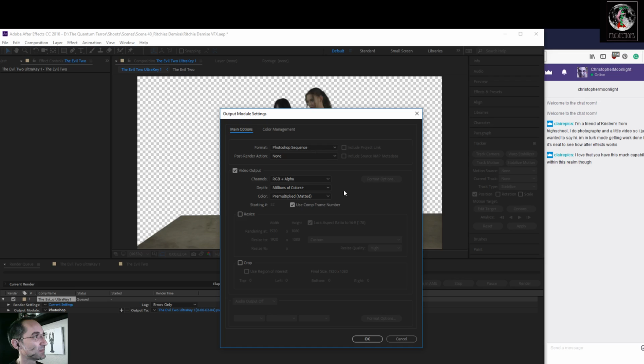Yep. That looks good. And millions of colors plus. That's very important. You'll see here RGB. There's alpha, RGB, alpha. There's RGB plus alpha. That's what you want. That's what's going to keep this space clear. Otherwise you're going to be dealing with just a black background.